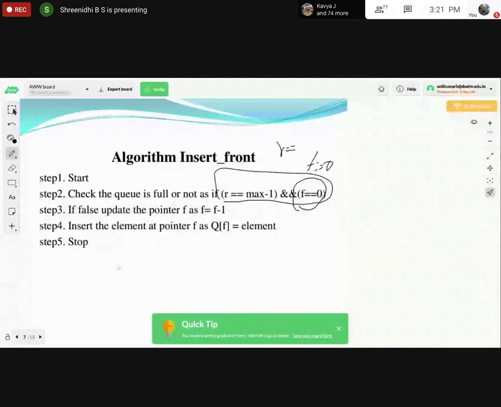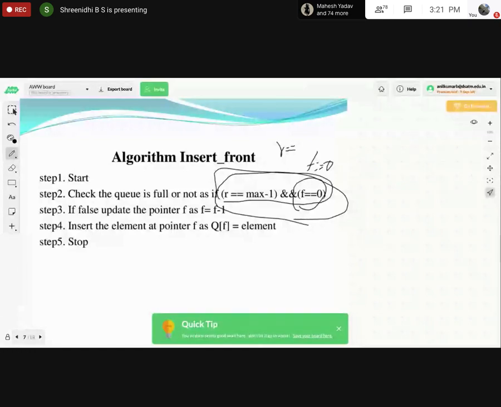Then you have to insert an element into the queue. If true, directly we will insert the element onto the queue. If false, that condition we are checking here, r is equal to maximum size minus 1 and front is equal to 0, if that condition is false, we have to update the front pointer. The front pointer needs to be updated.